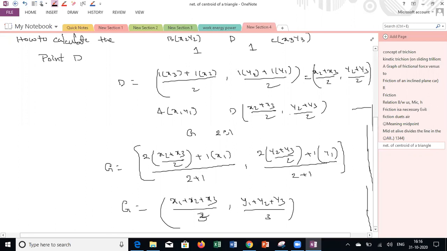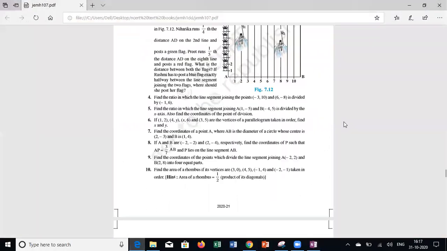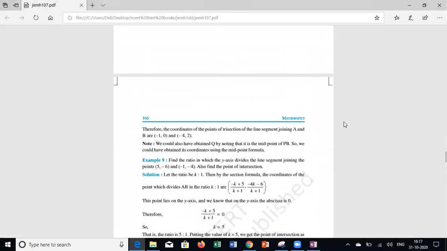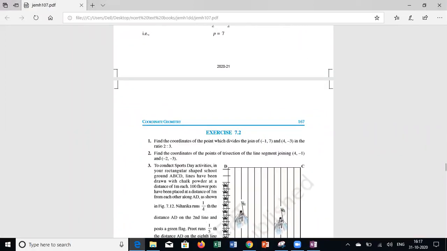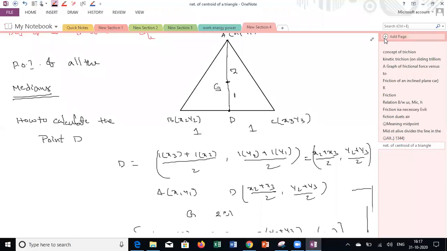Yes, sir. Only the two conditions you have to keep in mind. Centroid is a point of intersection of the medians, or a point which will divide any median in the ratio of 2:1 with respect to any vertex. This is how we can discuss the centroid of a triangle. A few questions will come related to the centroid also, but chances are very less. But that comes under section formula. Don't think that it comes under area of the triangle.